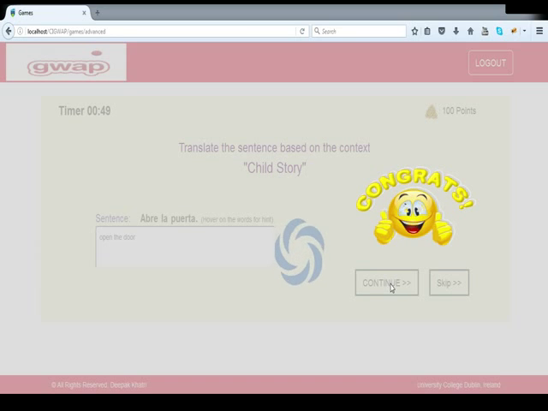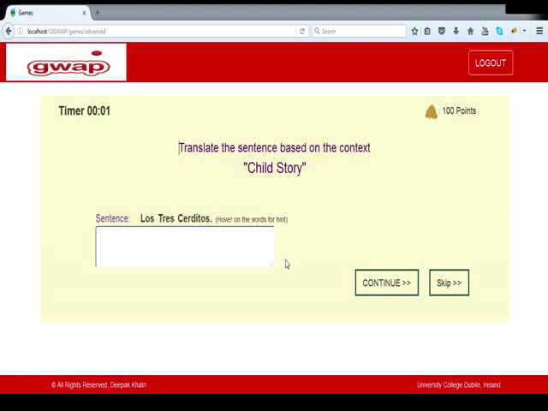We will now check it. It says congrats. Did it mean the user has converted the sentence correctly? No. It's a bit complex algorithm working at the back end. For each sentence we are getting as a question, we have a translated string to compare from user's answer. If user's answer is at least 60% similar to our answer, then I am saving the user's answer in the